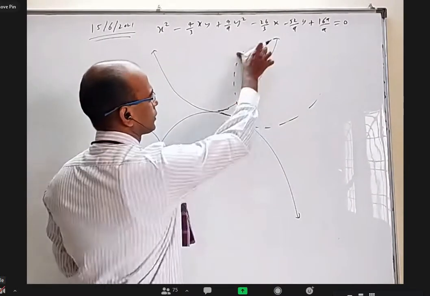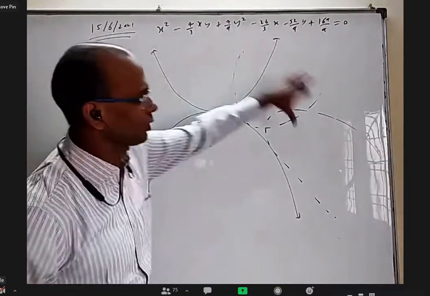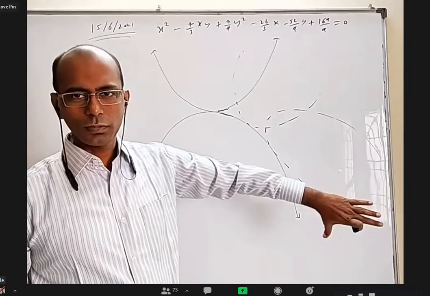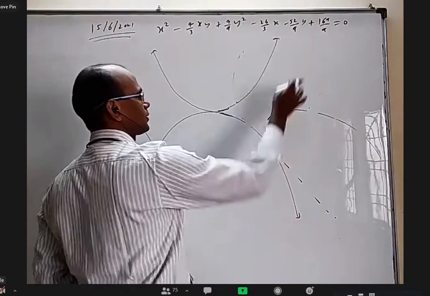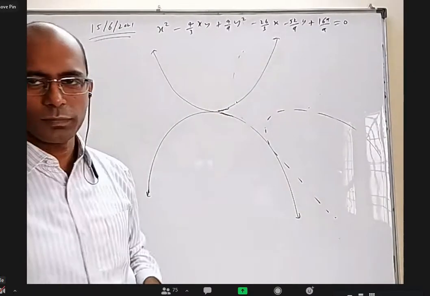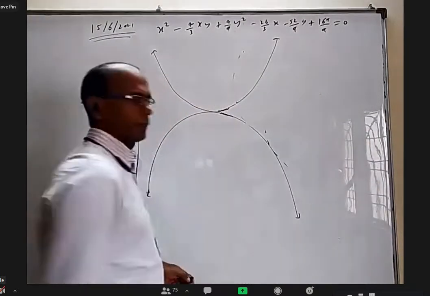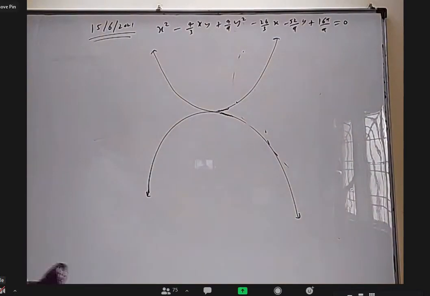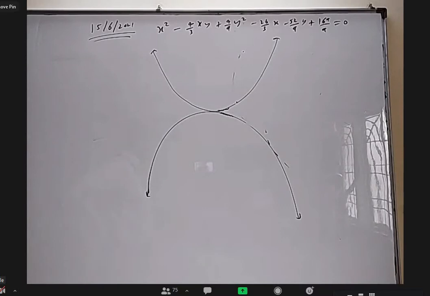I don't know, I should draw properly. I think after some time, it can even come like this, right? It can roll and it can come down. Am I correct or not? Yes, sir. So rolling without skidding or sliding. All right. What is the locus of the focus of this rolling parabola? That's the question. Is everybody clear about the question?